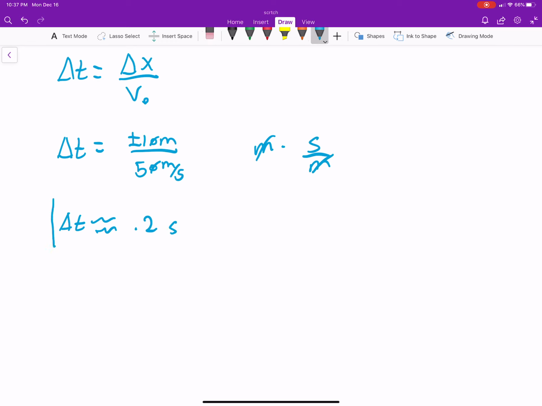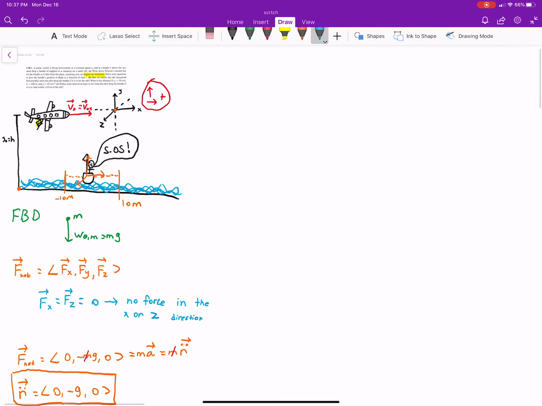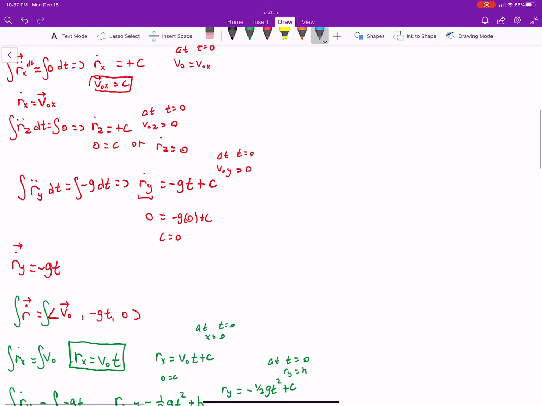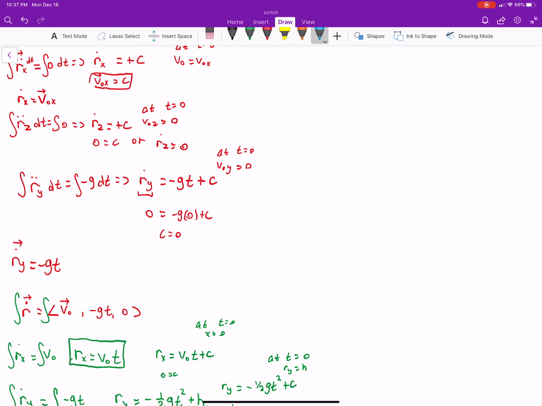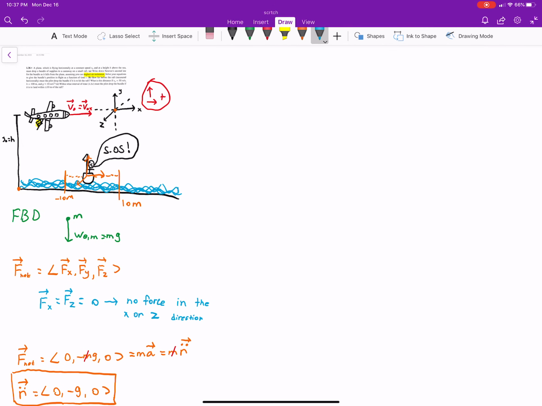So the pilot is going to have to be very, very quick. He doesn't have a lot of room for error if he wants the care package to come close. So hopefully this problem made sense. I try to explain it pretty deeply, even with the integrals and our constants of integration. I wanted to make sure there's no flaws in our logic. So hopefully that makes sense, and if not, maybe I can do something else to try to